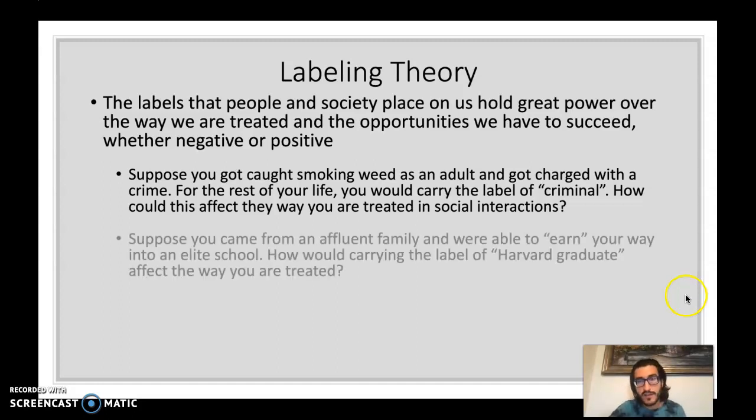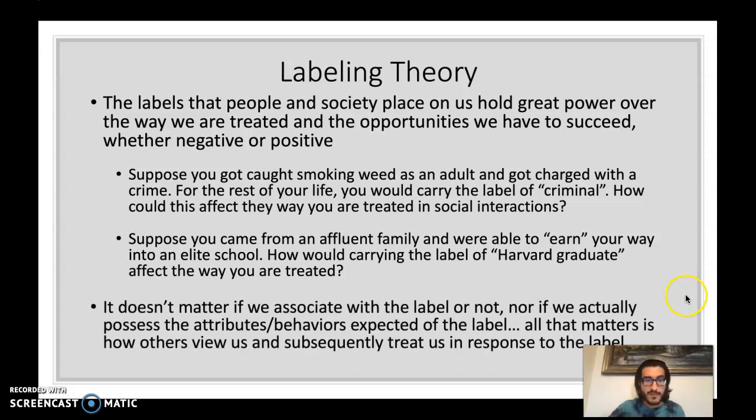Suppose you got caught smoking weed as an adult and got charged with a crime. For the rest of your life, you would carry the label of criminal. Think of how this would affect you. We talked about this in the last presentation. And it doesn't matter if we associate with the label or not. All that matters is